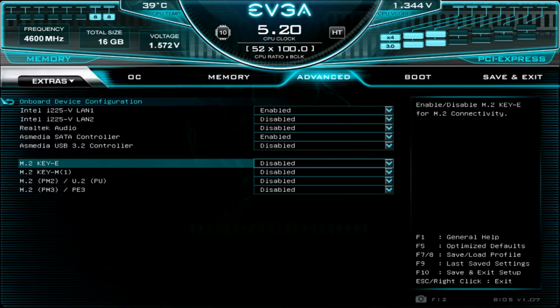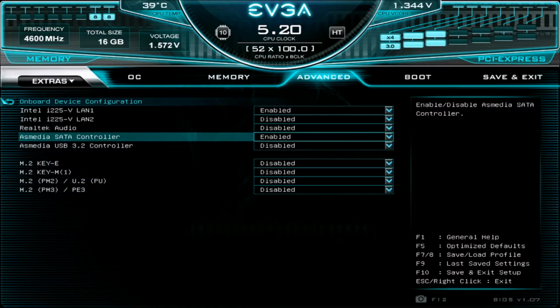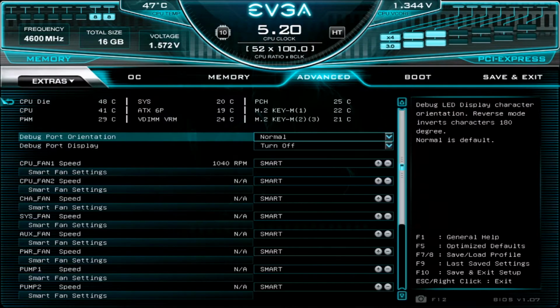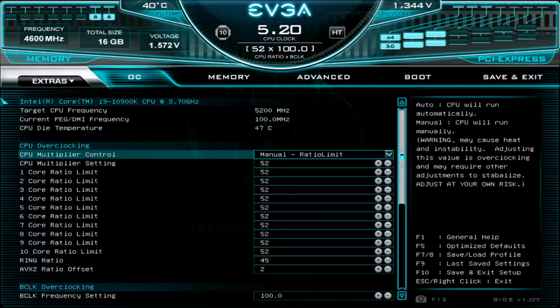The other things I did was I just disabled all the M.2 stuff because I'm not using it right now. Again, I'm using my SATA drive. Let's see here. Hardware monitor configuration, I think I left everything alone there. Trusted computing, left everything there. And NVMe, there's nothing, so left that alone. So the other two big things are memory and then